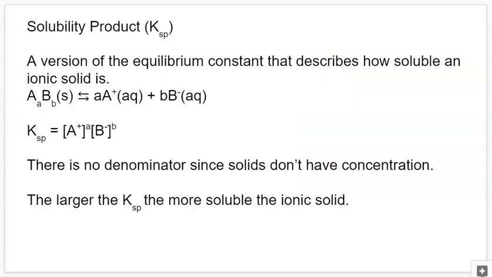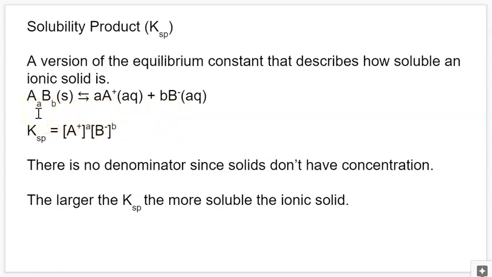So I briefly mentioned before that there's an equilibrium constant called Ksp. The SP stands for solubility product. And this is a version of an equilibrium constant that describes how soluble an ionic solid, aka a salt, is. And if we have a generic equation to represent this, this is just representing the dissociation of an ionic compound where you have your cation and your anion with some ratio between them, splitting up to make a cation and an anion in solution with a mole ratio between them